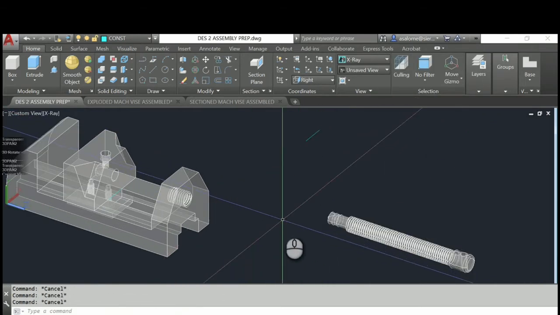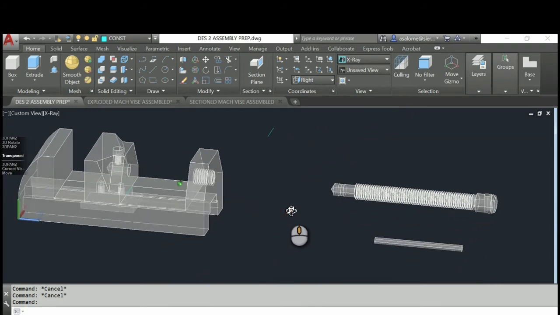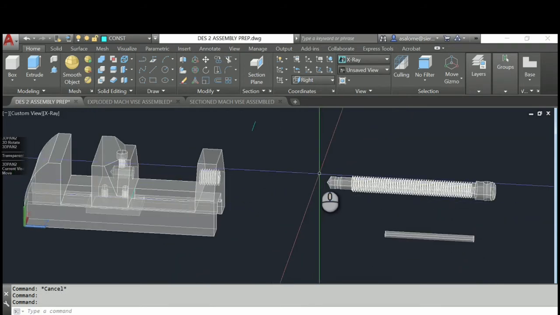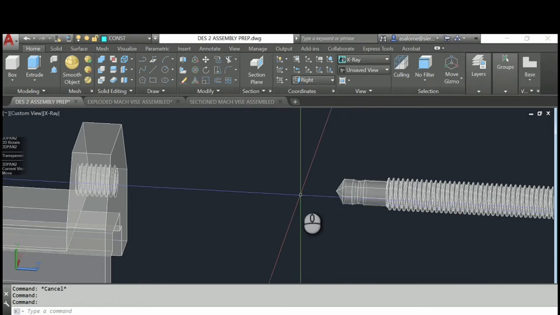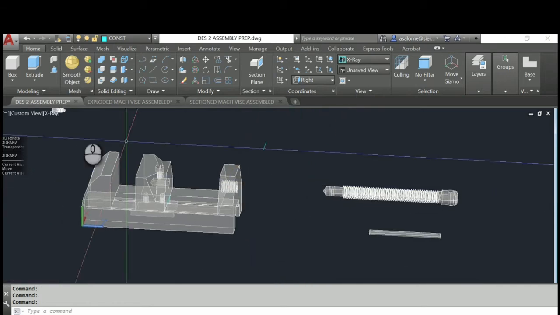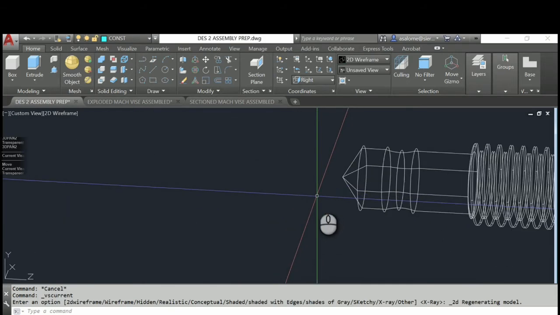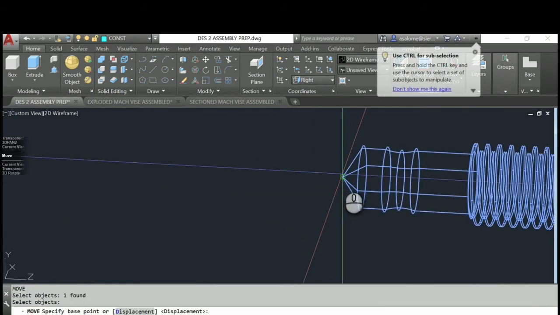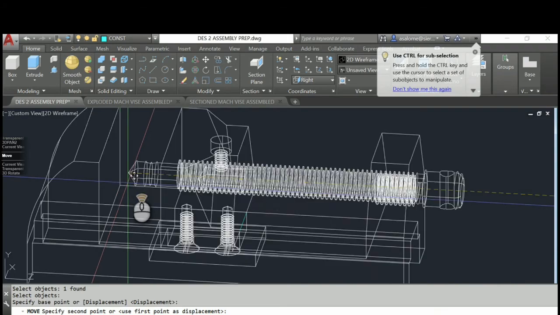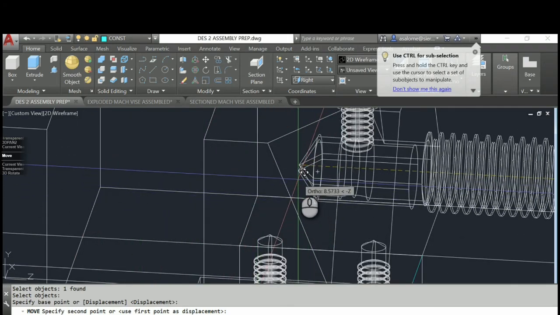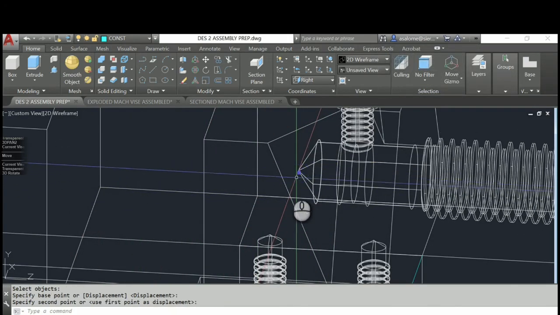Okay, now this one, I actually move this into position, making sure you have to be in X-ray or 2D wireframe to do that. If your computer won't do X-ray, you can do this in 2D wireframe. And what you're going to do is move this from the tip to the tip in the hole.